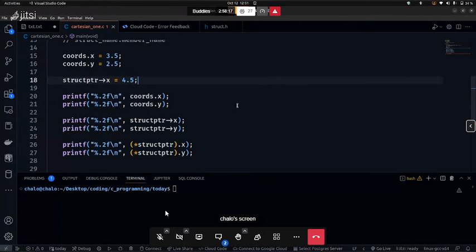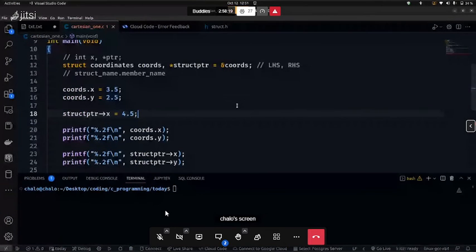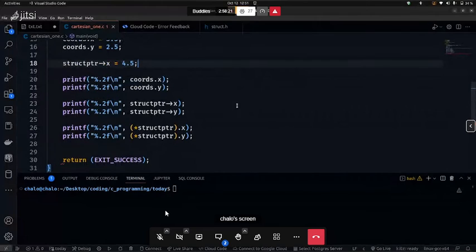Hello. Yes. Can you repeat that point about when you put the asterisk outside of struct pointer? So here we said if we put it outside, if we do this,